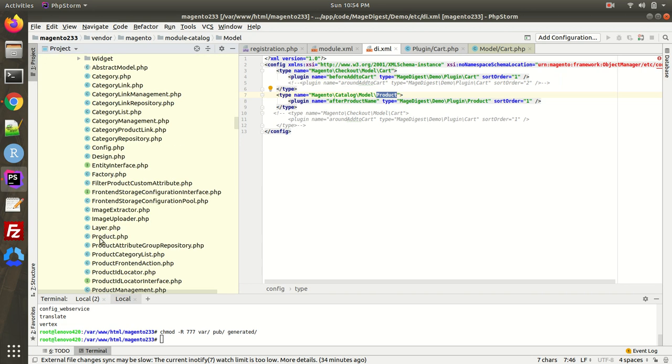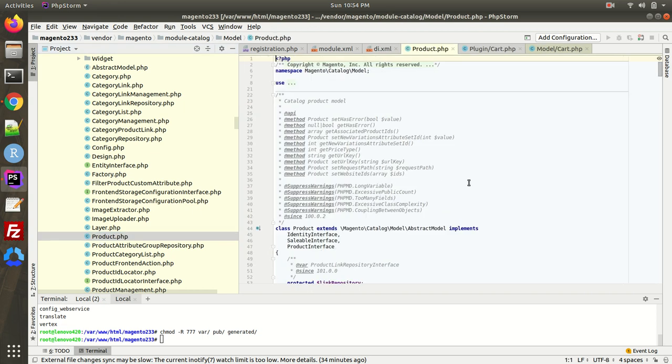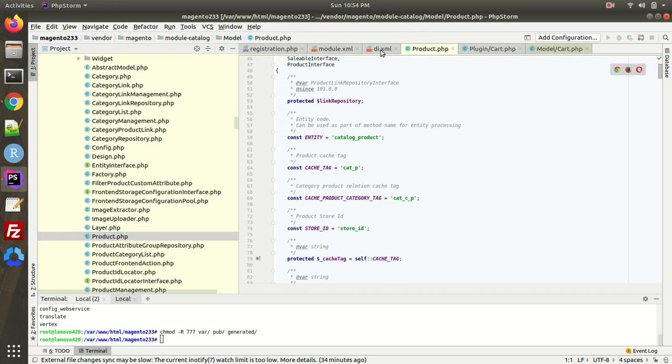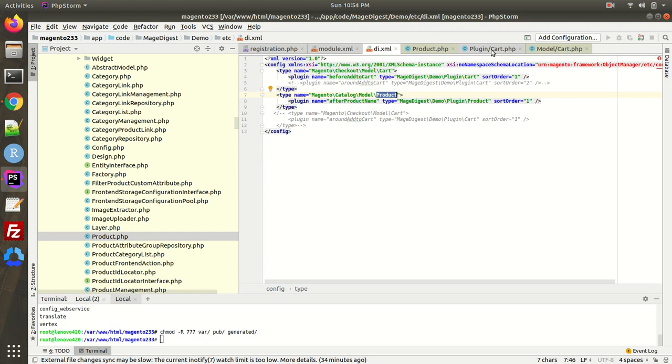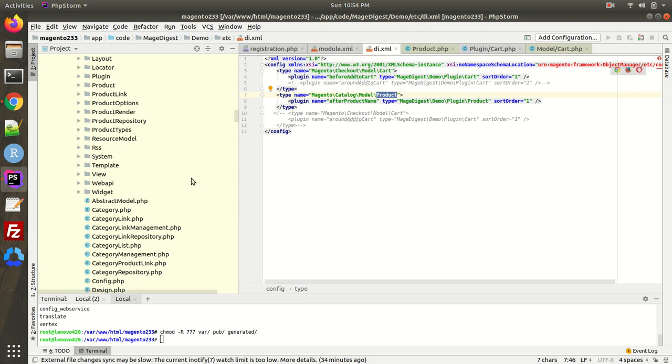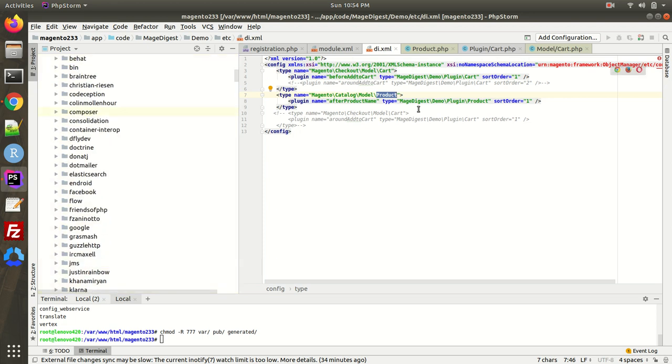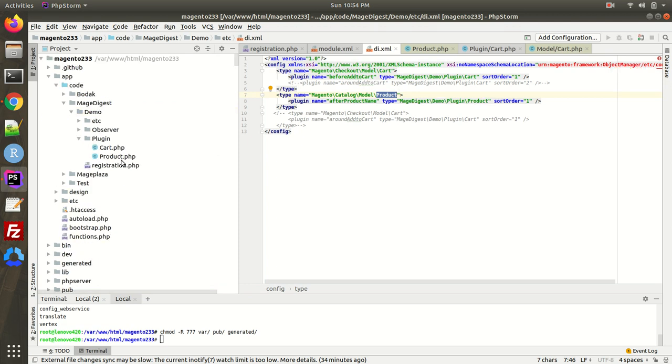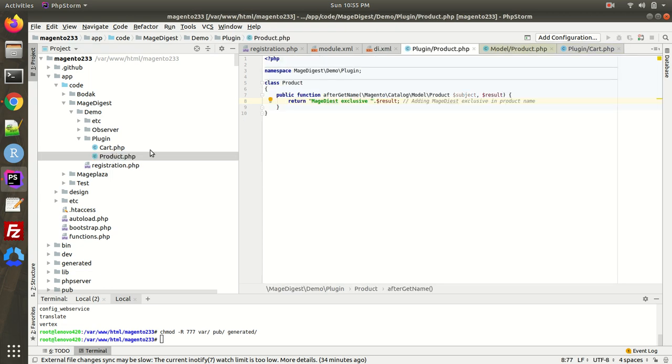Over here we are trying to observe this particular method. I'll show you. We'll go to the Magento demo plugin product.php. This is the class that we have created. This is the after plugin, and for the after plugin we have created this class Mage Digest demo plugin product.php. So I'll open product.php.